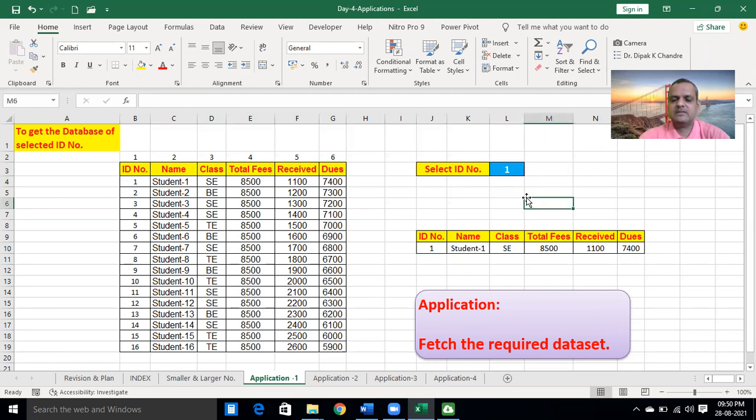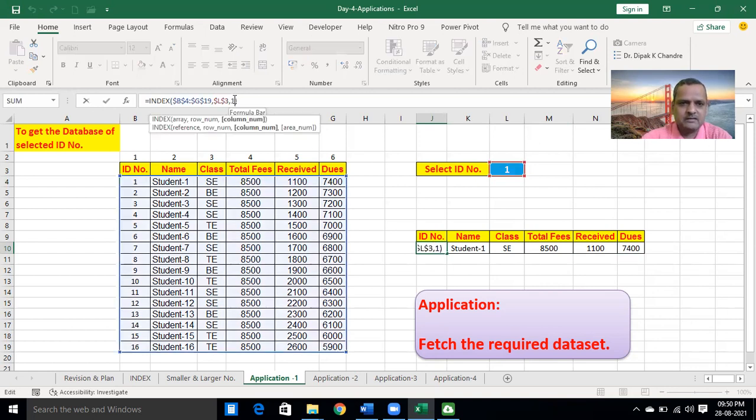But one hectic job is which one? In this formula, the column number is inserted manually. How to insert the column number automatically? See, click in the first J10 cell and then instead of 1 you write the COLUMNS function. We already discussed the COLUMNS function yesterday.